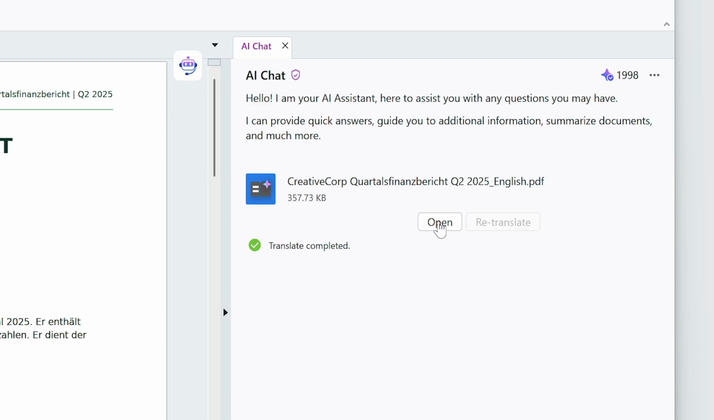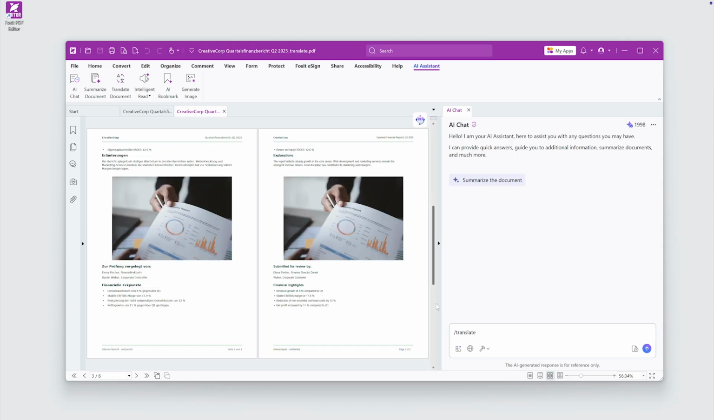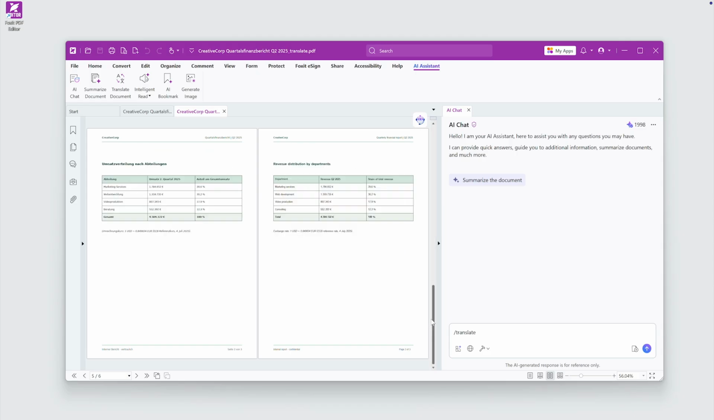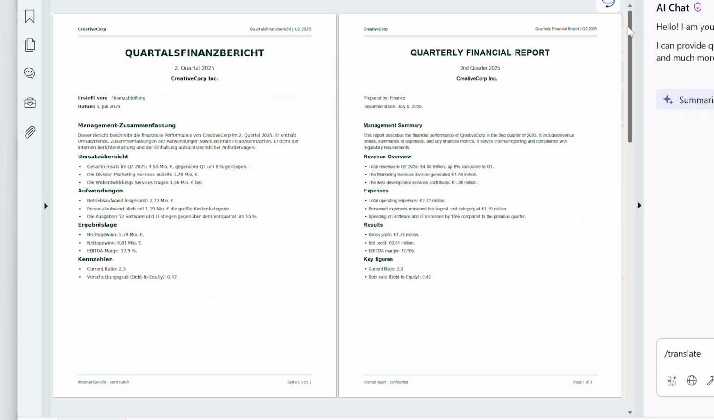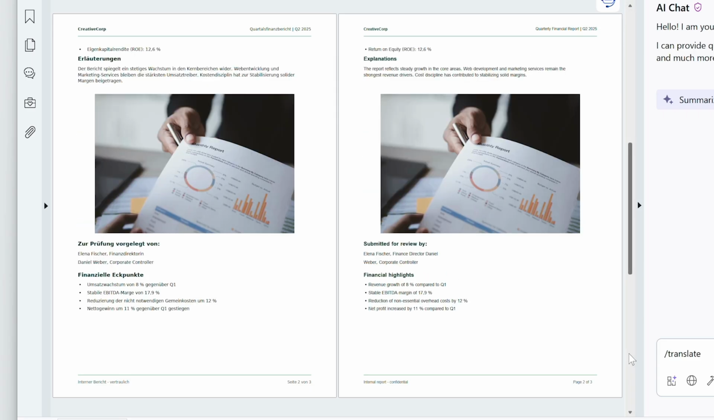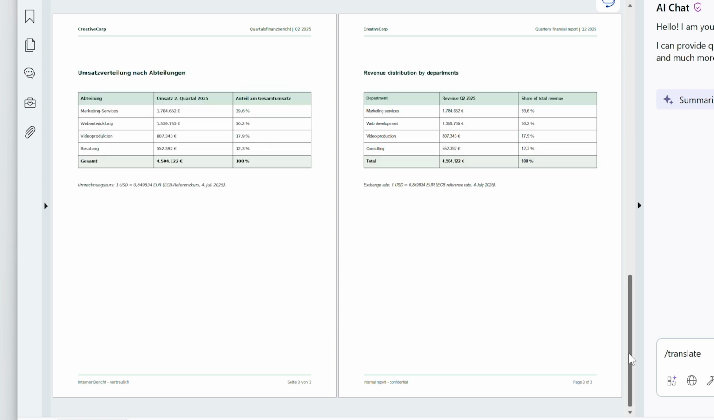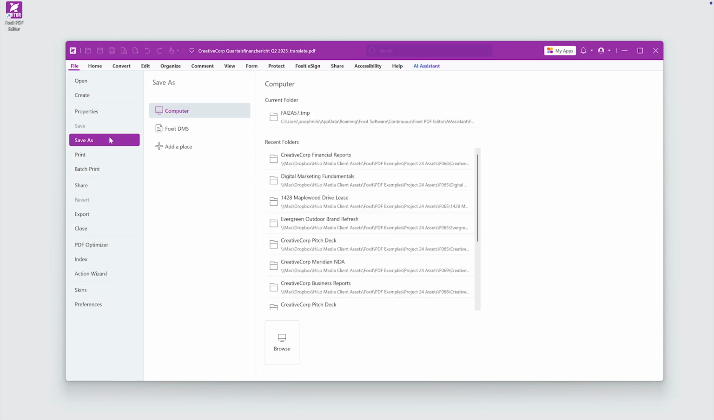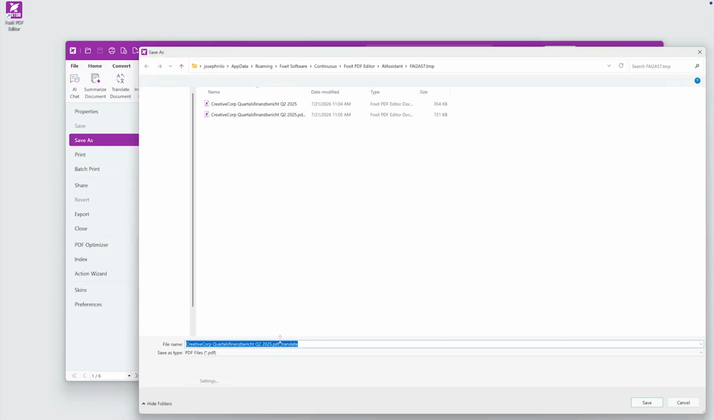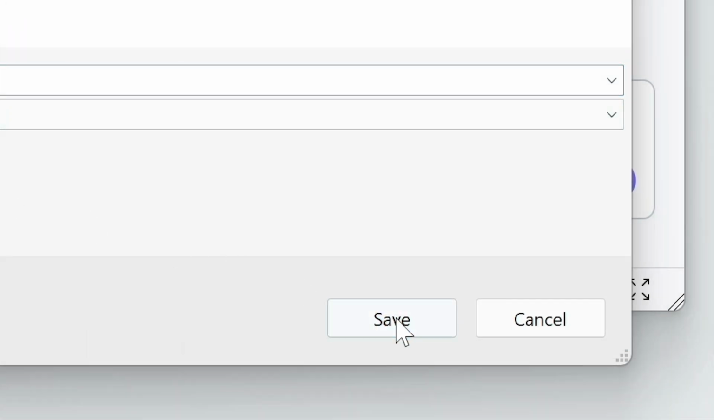When it's finished, Foxit opens the translated PDF with the original beside it for an immediate visual review. The layout, fonts, recurring headers, page number footers, table, and image stay in place, so I can review everything in context. After reviewing all 3 pages, I save the English PDF as a new copy and reopen it to confirm